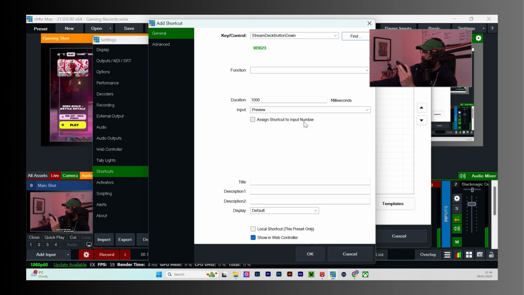One thing you have to bear in mind, these can deal with down motions and up motions as well. What that means is you could have it set so when you hold it down, it does a function, but then when you let go of the button and it reaches the up motion, it performs another function. For example, if I have a direct connection with somebody's microphone and I just want them to be able to hear me when I press the button, I can make it so that it activates my mic when I press the button down, and when the button comes back up, it mutes the mic.